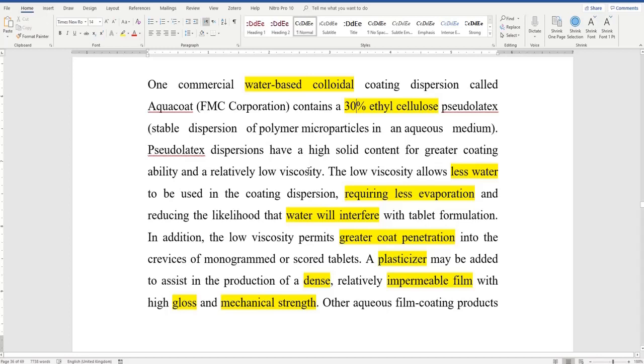So, what is the benefit of having low viscosity of the material you want to spray on the tablet? What benefits? I mean when I say low viscosity, is there any benefit? Of course, there is a lot of benefit. One, the liquid can get into crevices or into grooves. For example, if there is a monogram in the tablet, there are marks in the tablet that I've put, they can get inside and you can